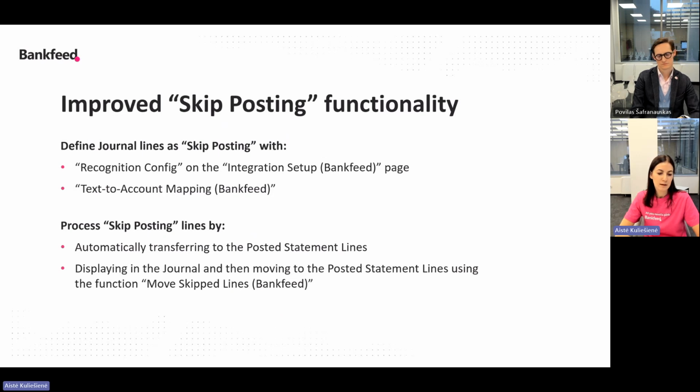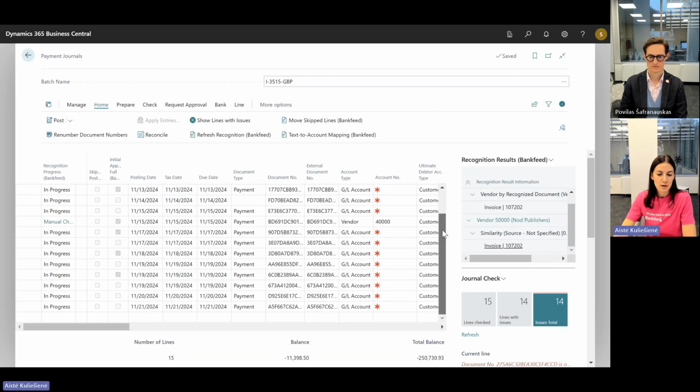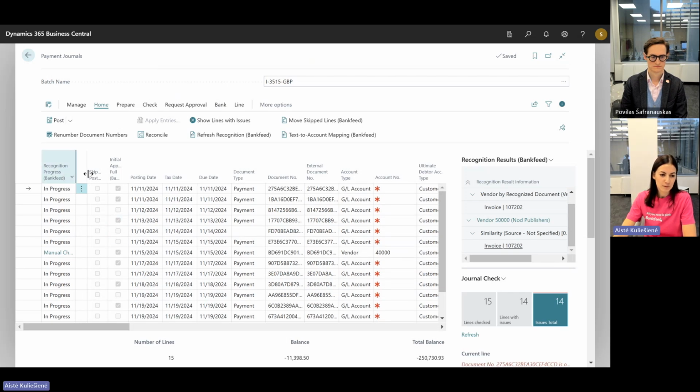Or we can leave these lines as they are and post a journal, and these lines would not create new entries, only will be transferred to posted statement lines. So let's go back to our journal. So to move skipped posted lines from the journal, we can use this function move skipped lines bank feed. So we will see here payments marked as skipped posting, and just press skipped lines bank feed.